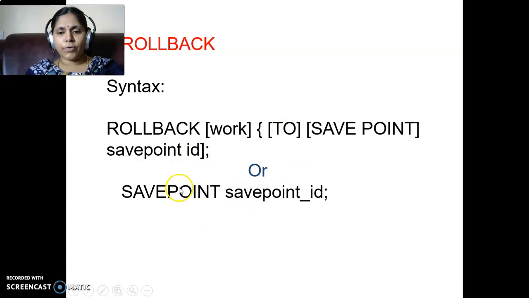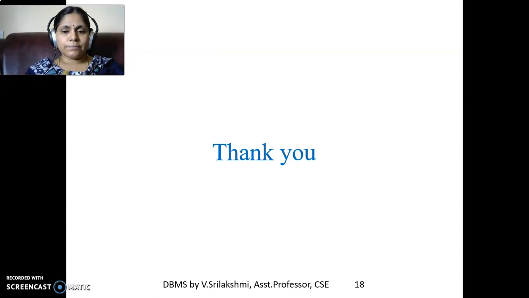We are using the save point concept here. For example, I have written 4 statements and after that I have written commit and given a save point name. After that, if my data gets corrupted, then immediately I can roll back to the previous save point. This is very helpful when we sometimes get some interruption in the database. In such cases we will use the rollback concept and commit concept.